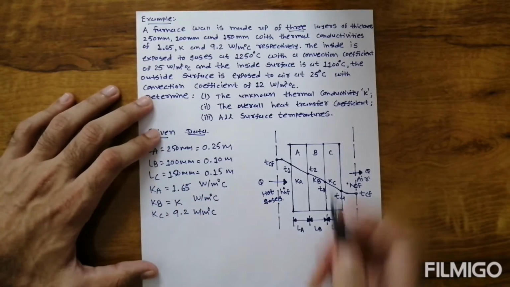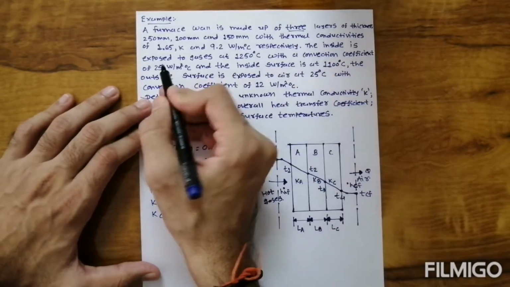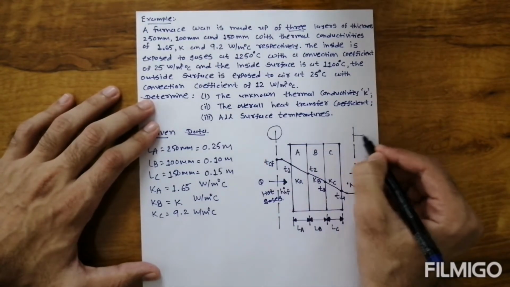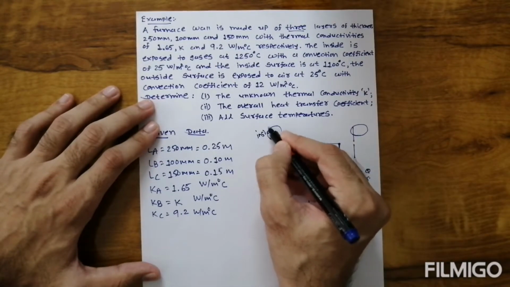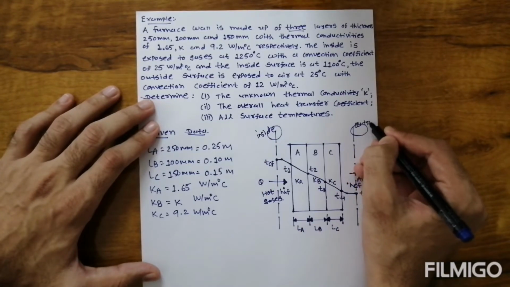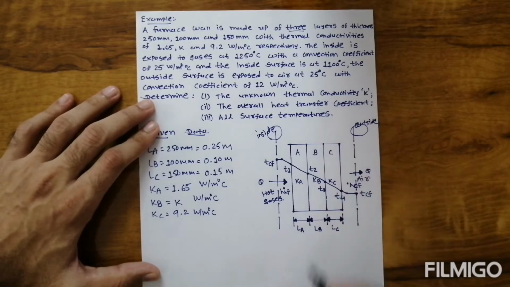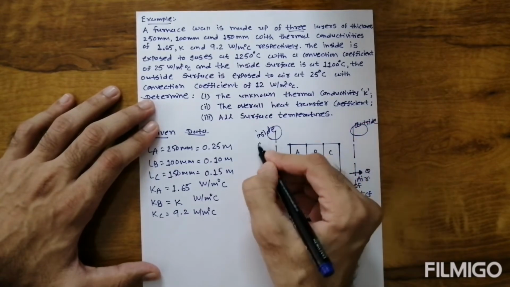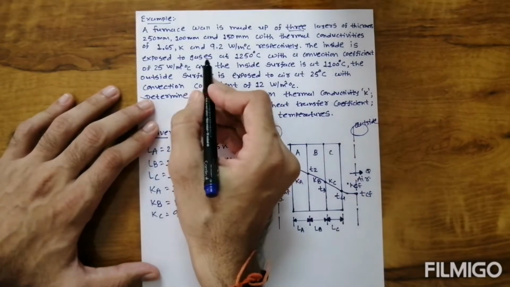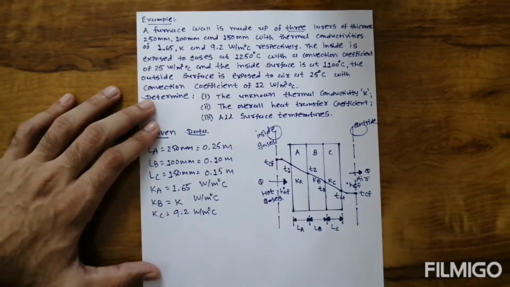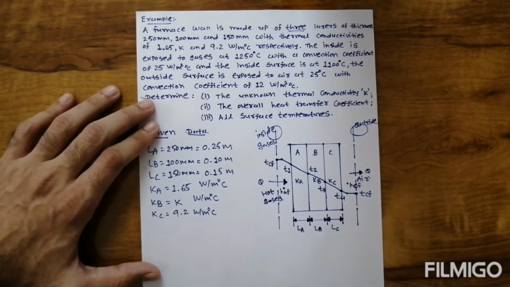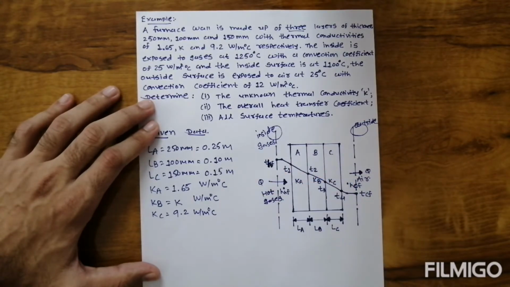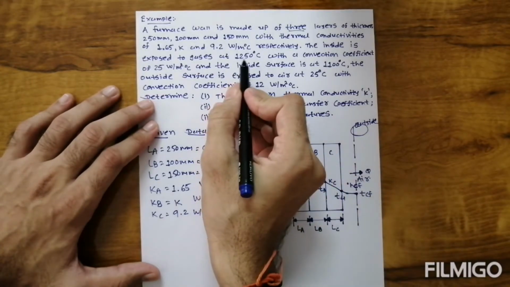Okay, now the inside is exposed to gases. So we consider that this side is our inside and that side will be our outside. Inside exposed to a gas, it means the inside has a gas, at 1250 degrees Celsius, so the gas temperature is given. We consider the temperature of that gas as THF, temperature of the hot fluid, equal to 1250.